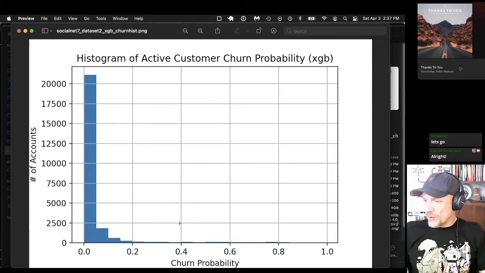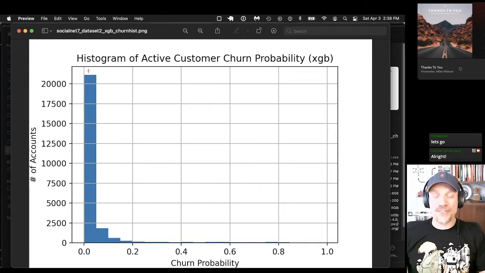What we see in the histogram is each bar represents customers that have a churn probability in that range. The first bar is people with churn probabilities of about 0 to 5%, or 0 to 0.05. And more than 20,000 customers have that churn risk. So most customers have less than 5% churn risk, which actually makes sense because remember the overall churn rate is only around 5%.